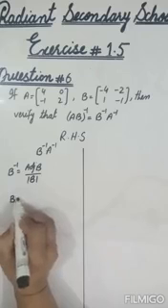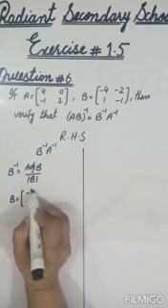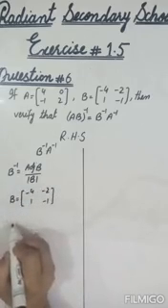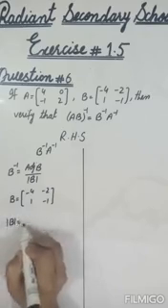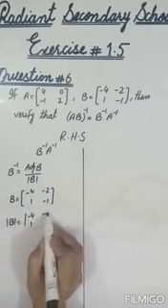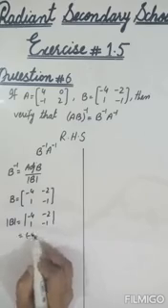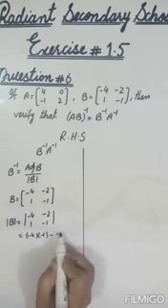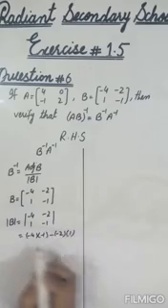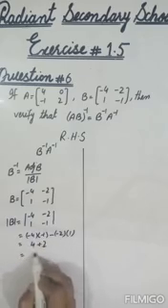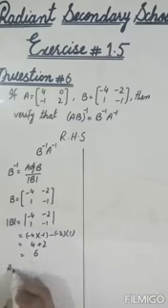Matrix B is equal to minus 4, 1, minus 2, minus 1. The determinant of B is equal to minus 4, 1, minus 2, minus 1. Minus 4 into minus 1 minus minus 2 into 1. Minus 4 into minus 1 is equal to 4, and minus minus plus 2 ones are 2, and answer is 6. Now we have to find out the adjoint of B, which is equal to